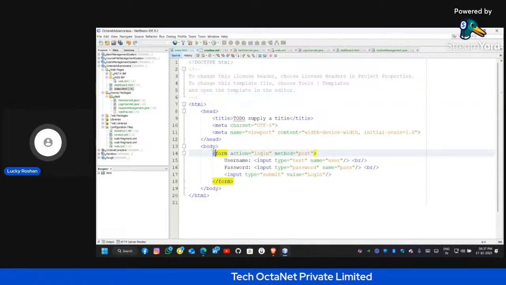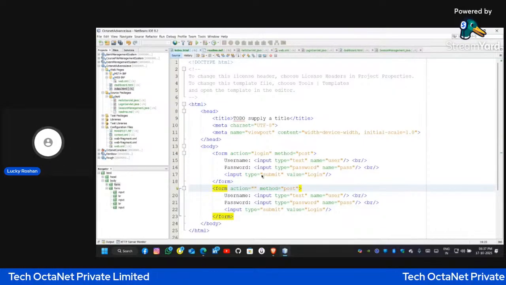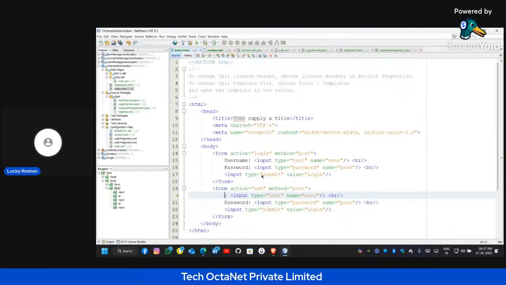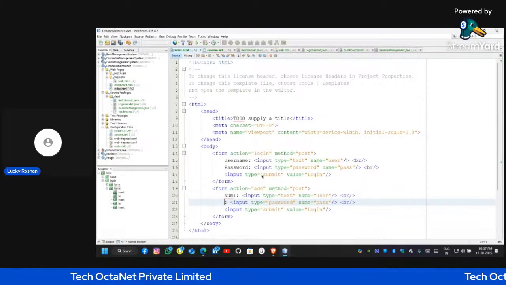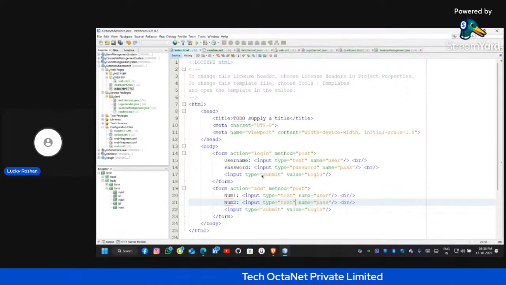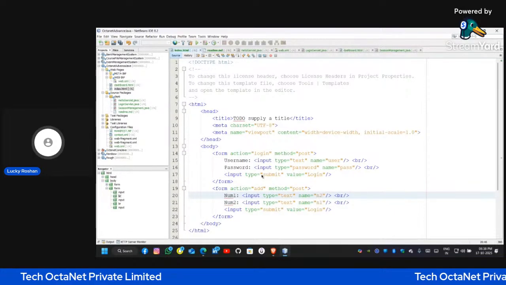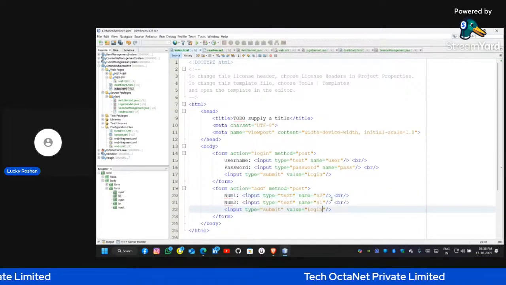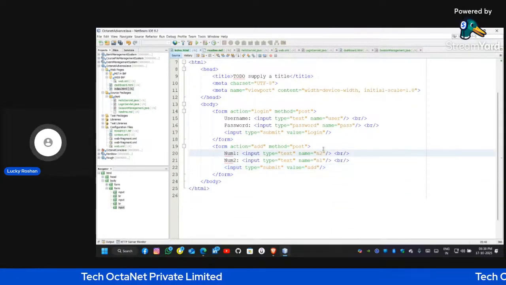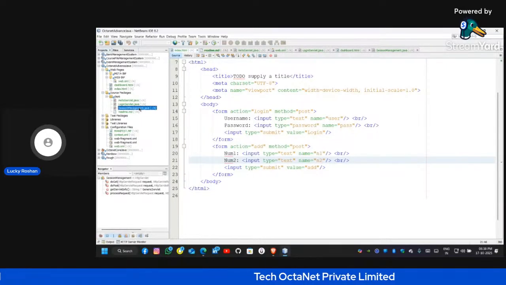Let's create another form. Here is the another form, and the action is add. So we have created it for the addition of two numbers. This is num1, this is num2, and for both the input type is text. Then this is n1, this is n2, and the value is art. Sorry, this should be n1 and this should be n2. Now remove the session management and